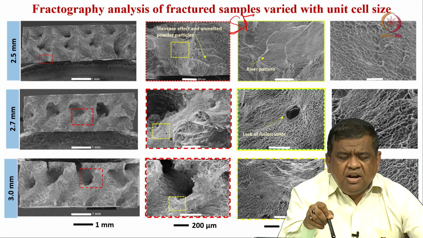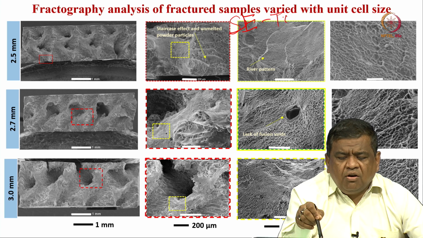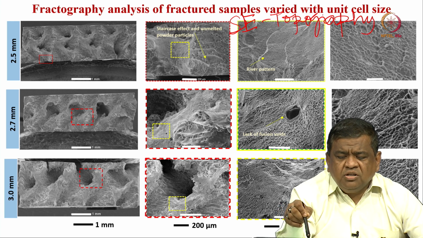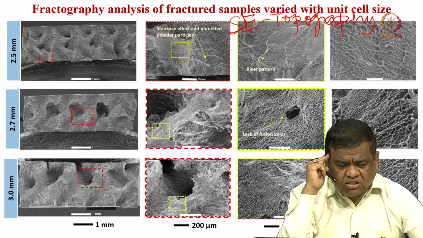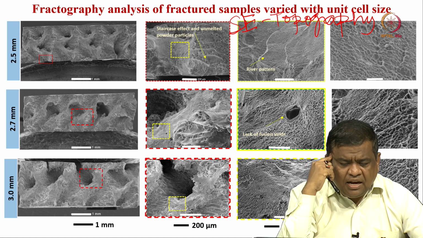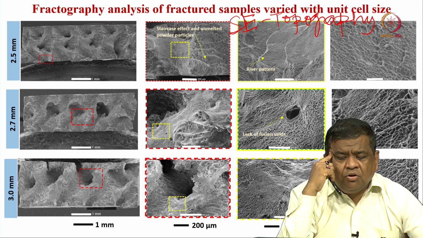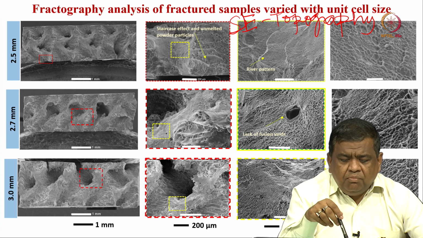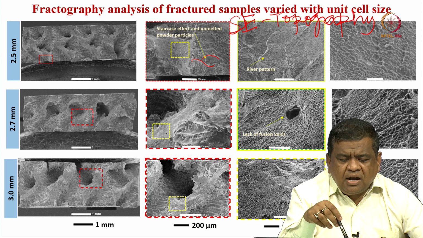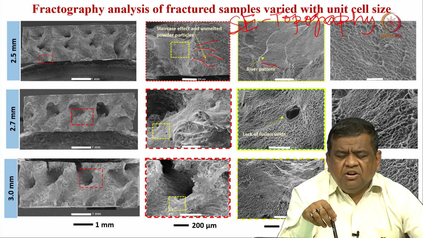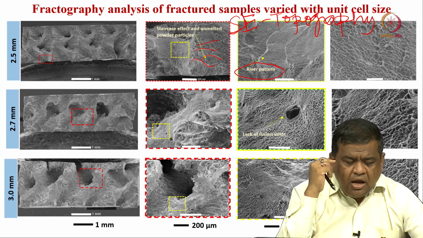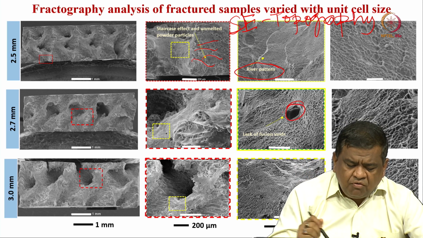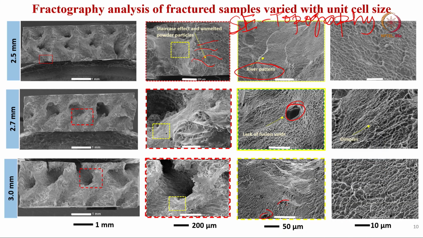This is the secondary electron mode, which is called topography contrast. When you look at the fracture surface, you are interested in the morphology of the fracture surface. Typically, if the material undergoes ductile fracture, as in the present case, one would see a wavy pattern, or what is called in scientific literature a river pattern. If there are some defects like lack of fusion voids in the structure, you can clearly see them.